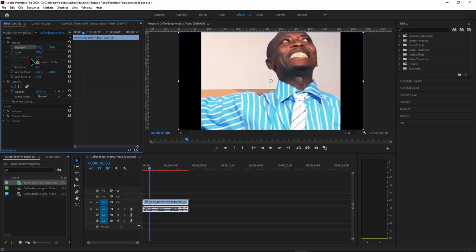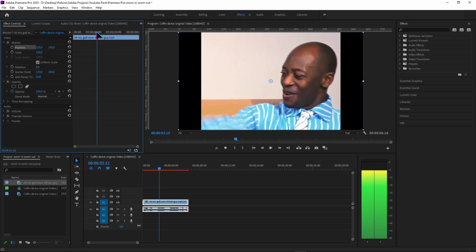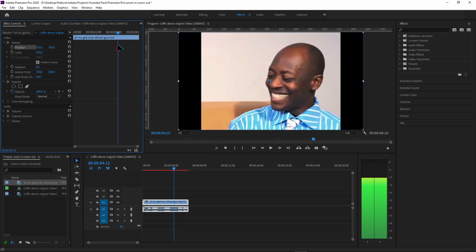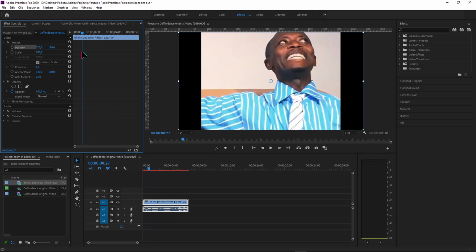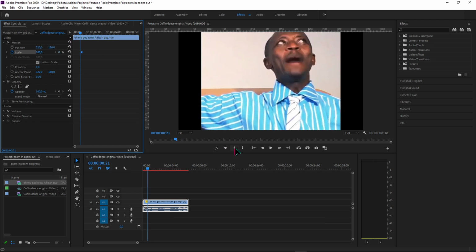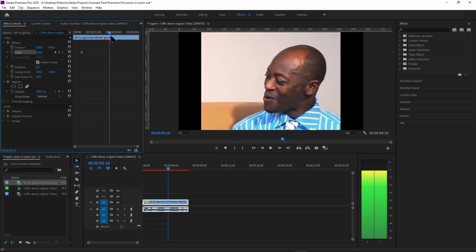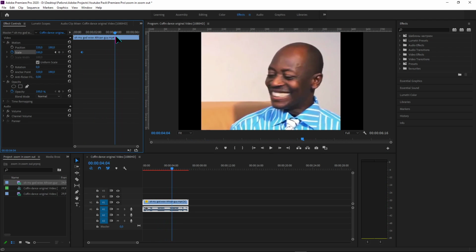So let's say we wanna make a starting point from here and zoom in to here, somewhere here. So how to do it? Just select this clock here, that's called toggle animation, and as you can see, it appears here. There's no difference yet, but drag this line to where you want this motion to stop, and